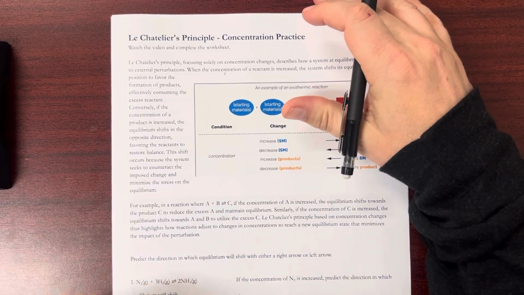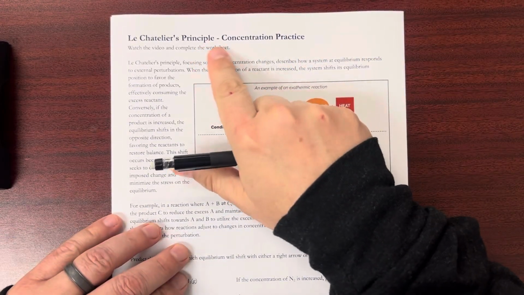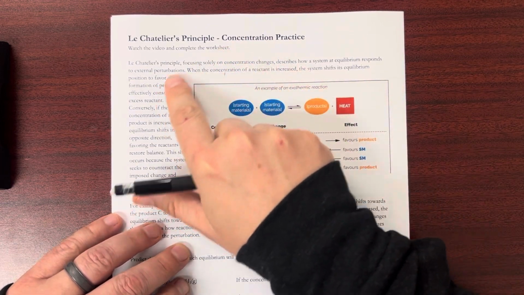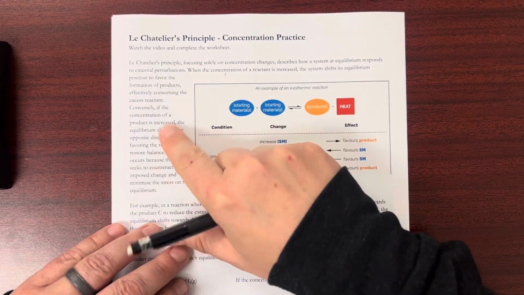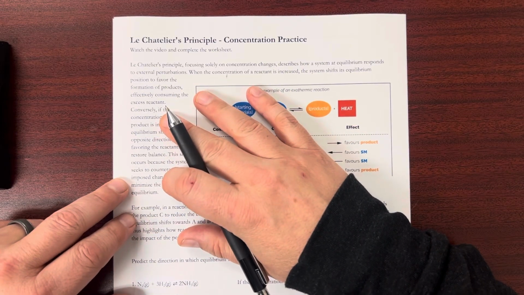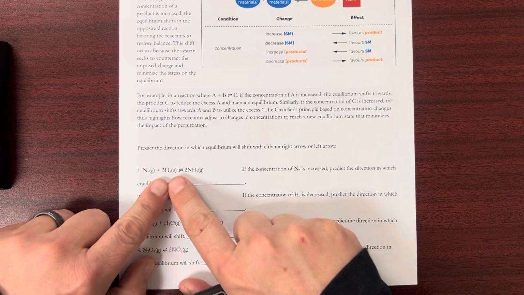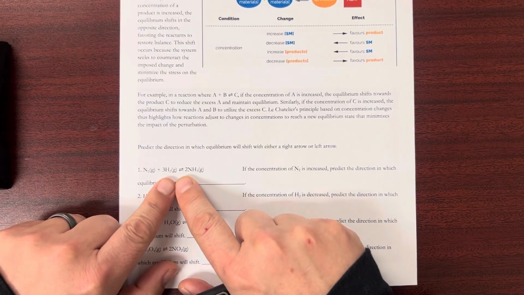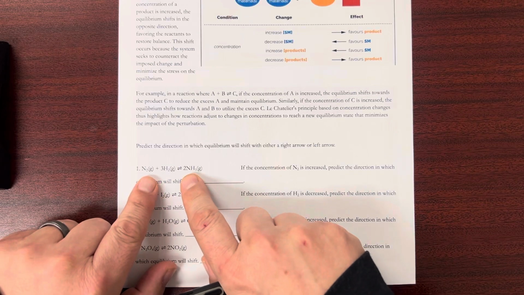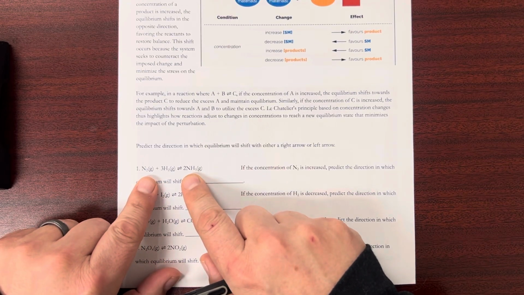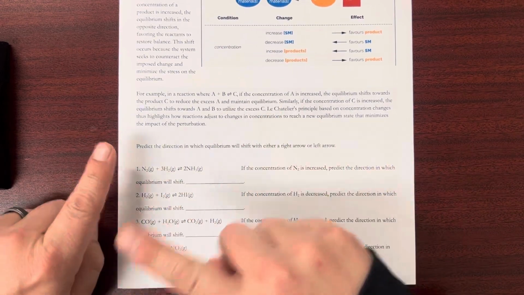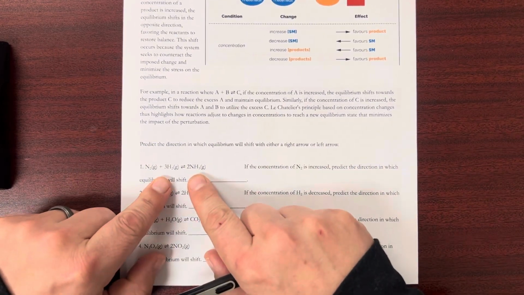Hello, today I'm going to go over Le Chatelier's principle, but just dealing with concentration. And it talks about Le Chatelier's principle, but what this is, there's chemical reactions that can go back and forth. And that's what we see down here when we see the double arrow. We have the arrow going both ways. That means that this chemical reaction, while it's in like a water or something, can switch back and forth, okay?